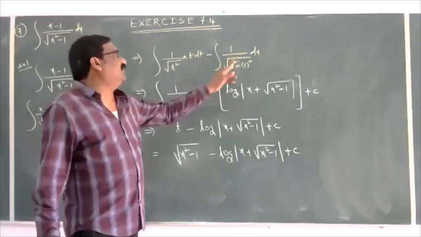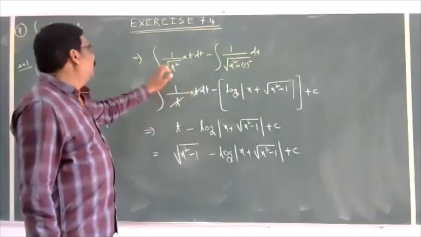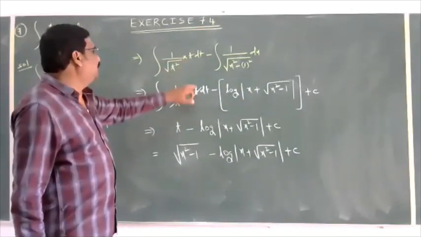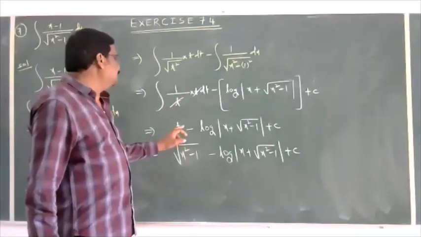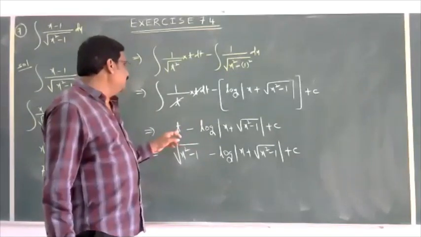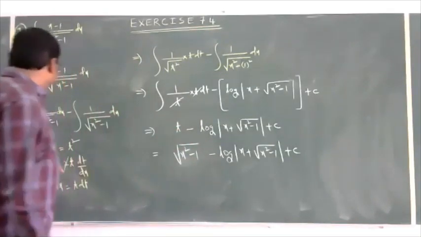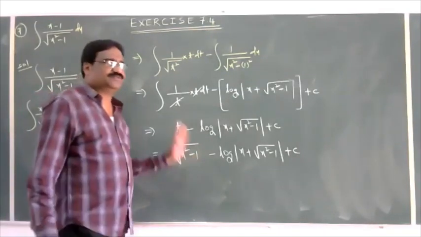That is integral 1 by root of x square minus a square. Using the formula here, root of t square is t, cancel. Then you get 1 here. Integration of 1 is t, with respect to t here, integration of 1 is t. So what is t? x square minus 1 is the t square. Then t is equal to root of x square minus 1. Then substitute here.